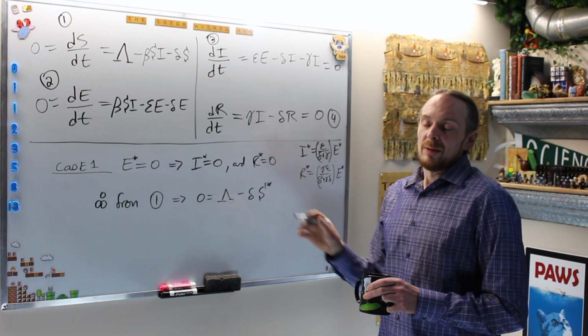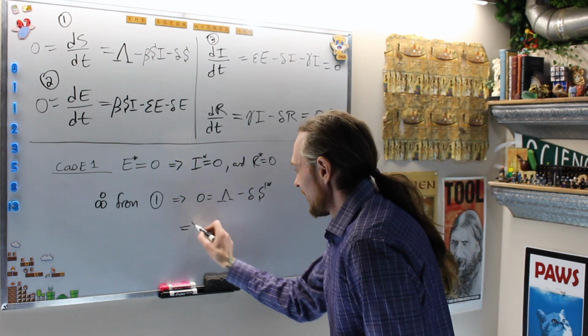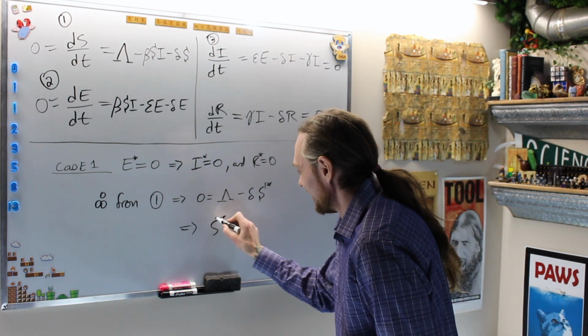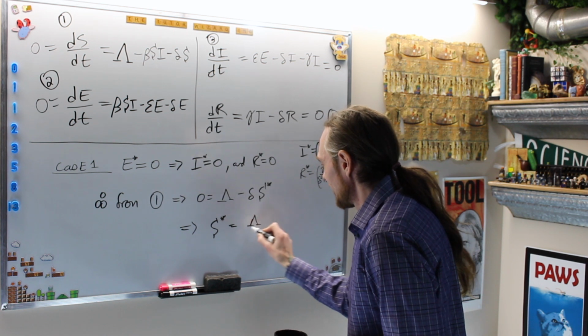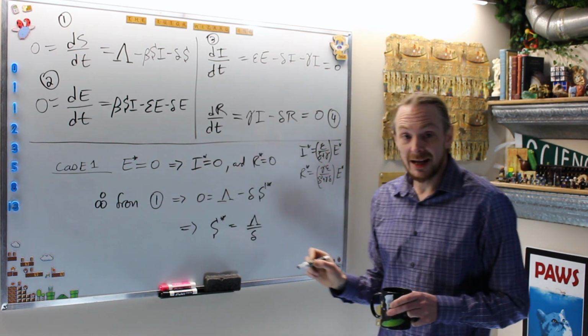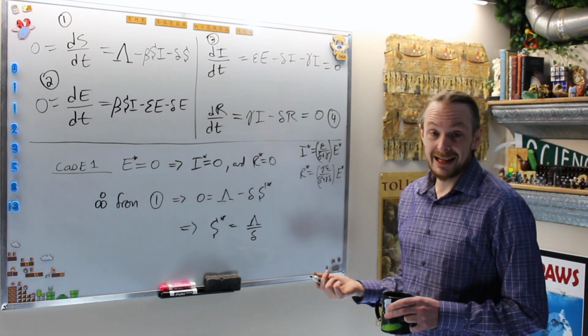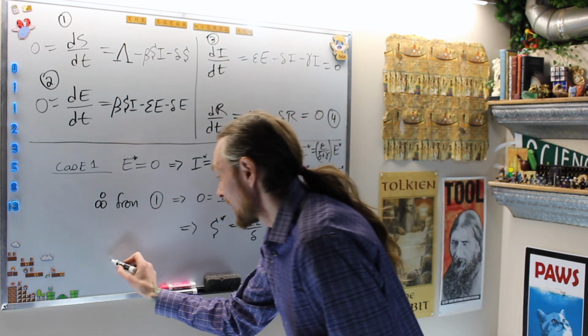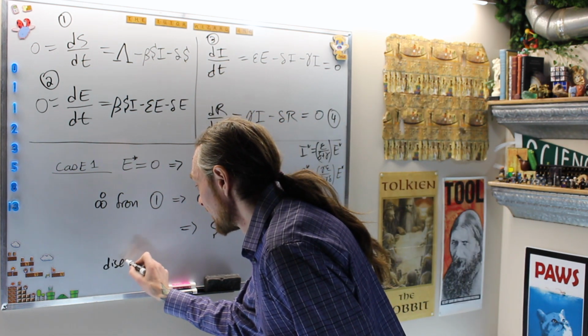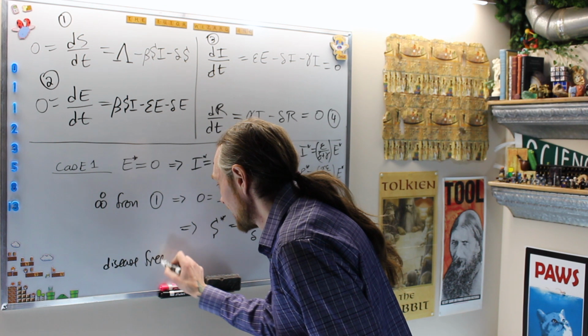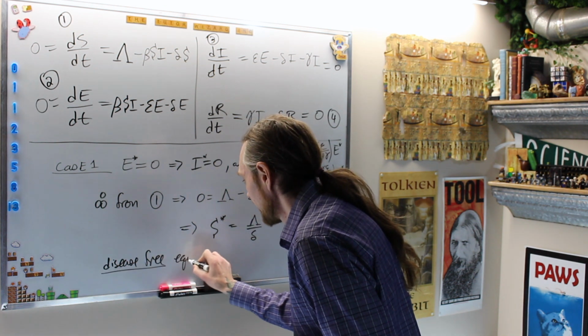The star is to know it's at equilibrium state. So now I'm going to solve this for S star, which is lambda over delta. It reaches the maximum at that. What does that give us? That gives us the disease-free equilibrium